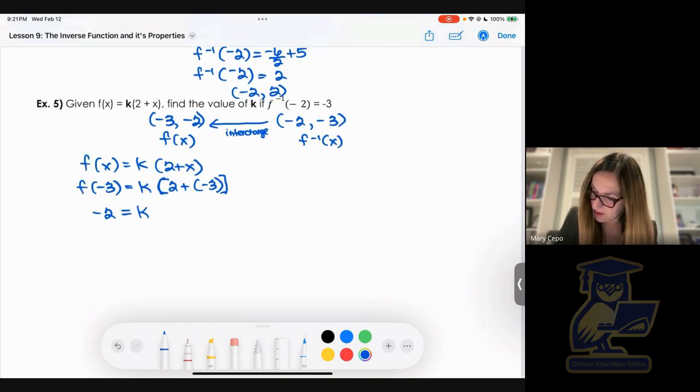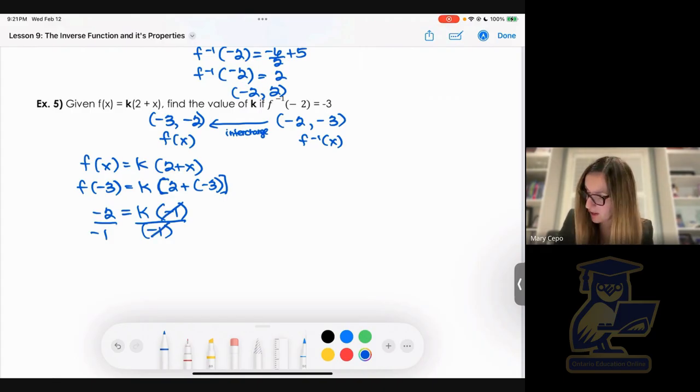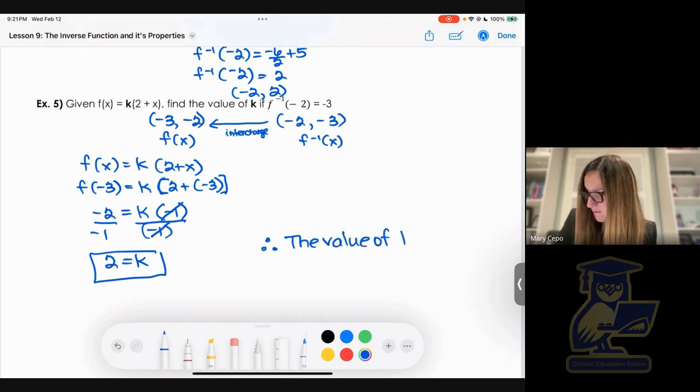So 2 plus -3, which we know is -1. We need k by itself. We're going to divide this side by -1 to get rid of that. Divide that by -1. Those cancel out. -2 divided by -1 is simply 2 is equal to k. So therefore, the value of k is